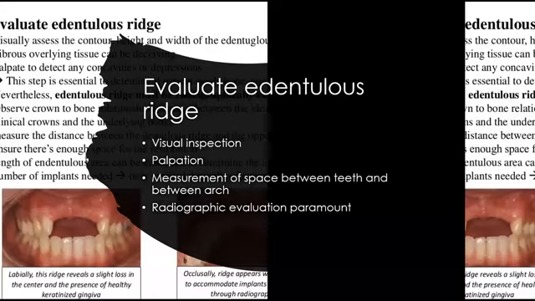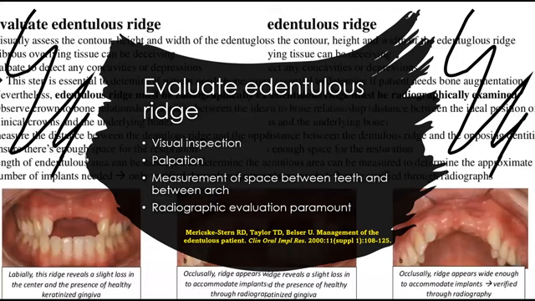Coming to the evaluation of edentulous ridges, primarily visual inspection for contour, height and width of the edentulous ridge is paramount. We palpate to detect any concavities or depressions. This step is essential to determine if the patient needs any bone augmentative procedures. And we have to observe the crown to bone relationship, which is the distance between the ideal position of clinical crowns